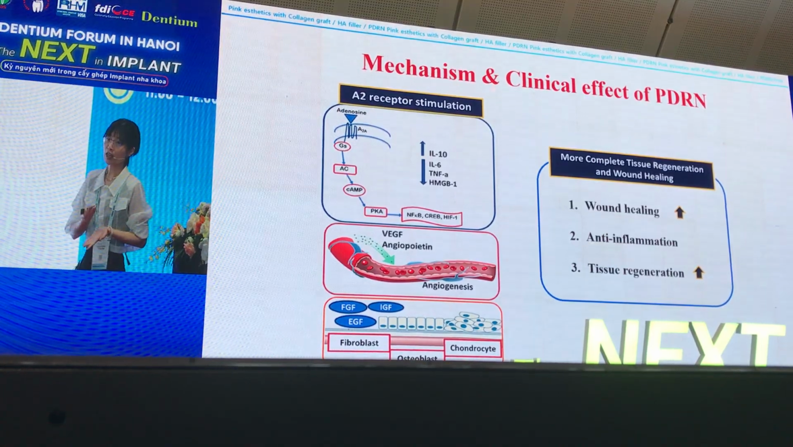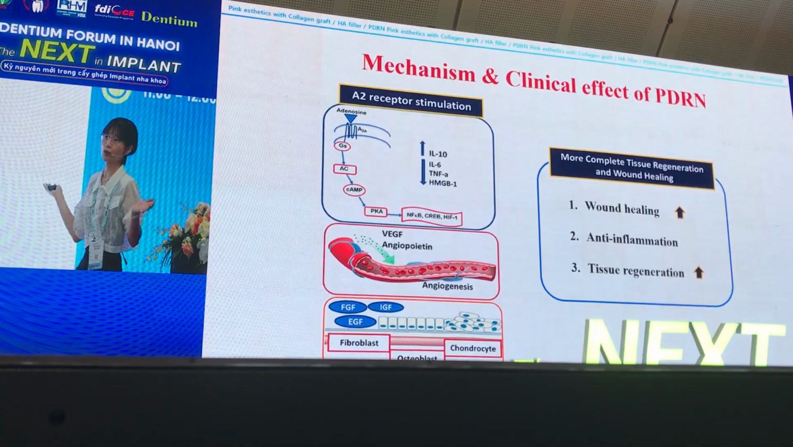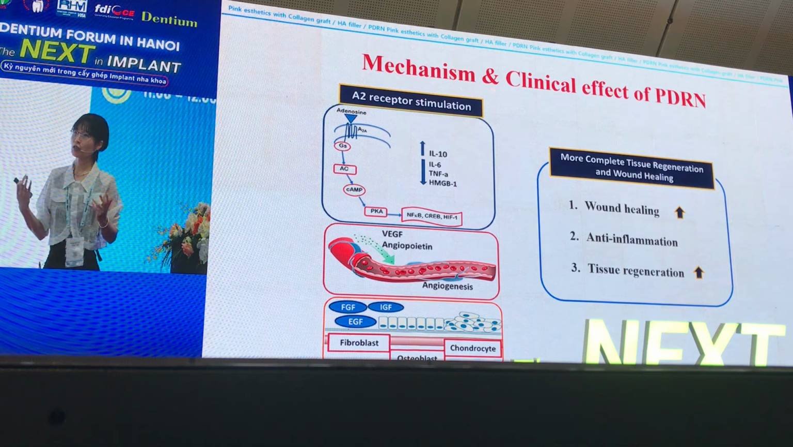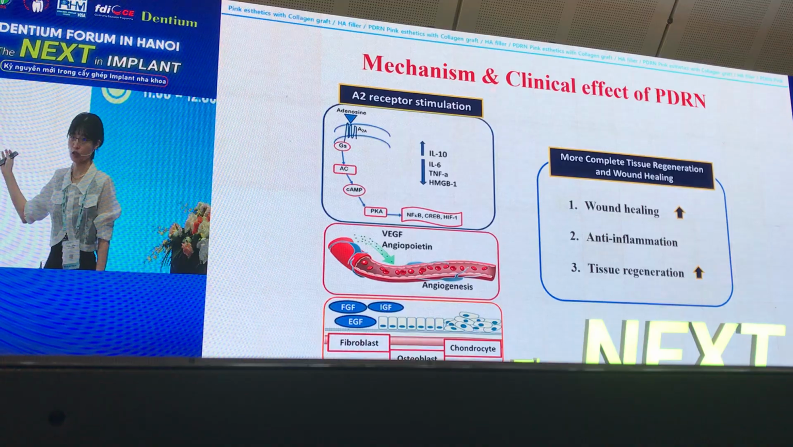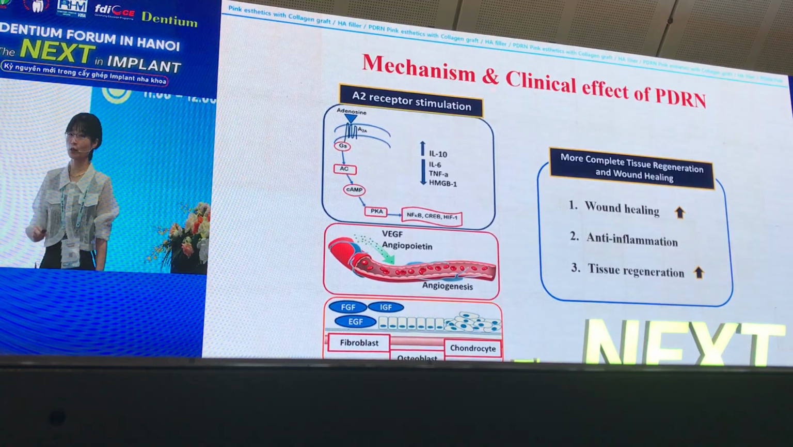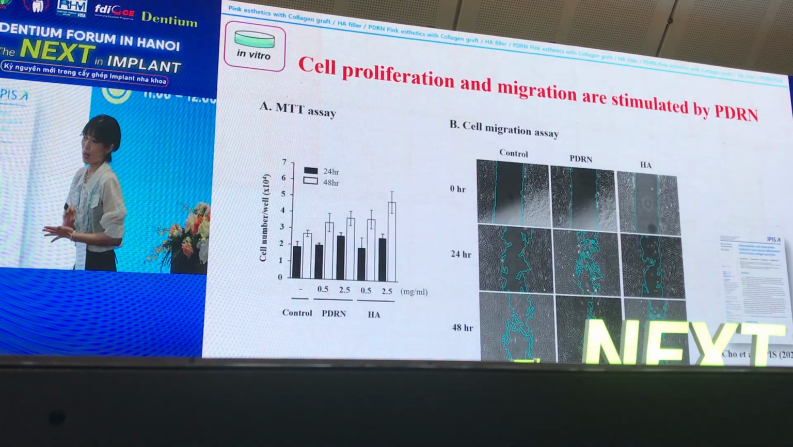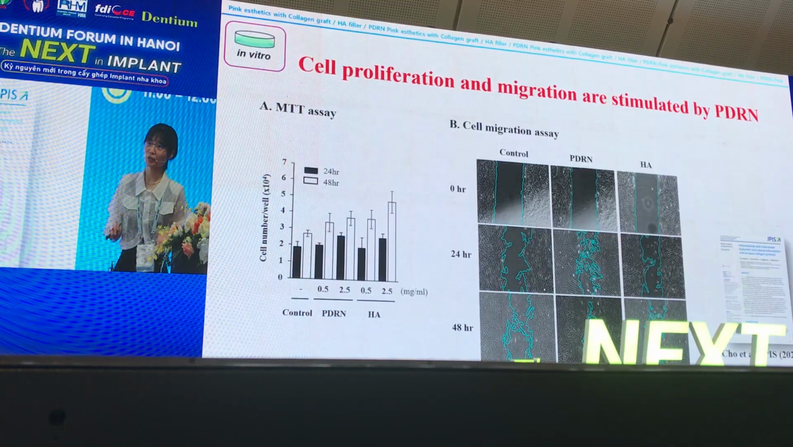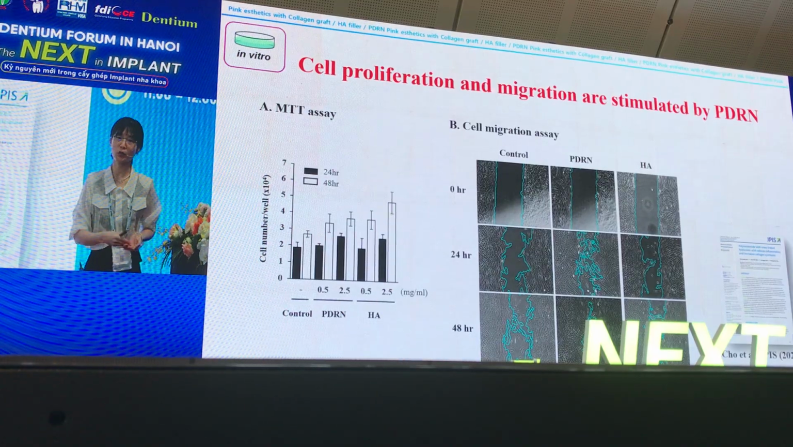So PDRN is widely used in periodontal tissue regeneration, right? In the case of periodontal treatment, there are usually inflammatory conditions, and we always need tissue regeneration. So PDRN can be used in dental clinics. Because I always try to make evidence for my dental applications, I also did in vitro